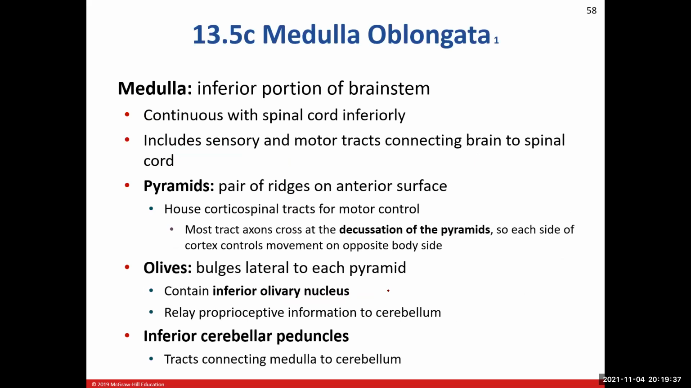The last part of the brainstem is the medulla oblongata. This is the inferior most portion of the brainstem. And then just inferior to that will be the spinal cord here. Of course, we'll see both of our sensory and motor tracts that are going to be passing through that area. That on the most anterior surface, right there in the midline, are going to be our pyramids. All right, and this has to do with those cortical